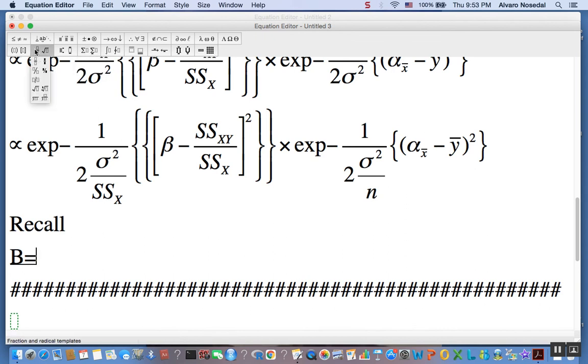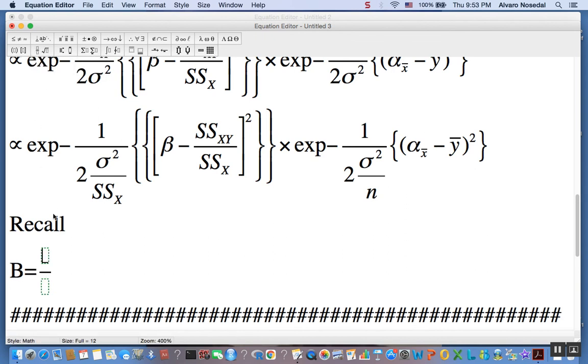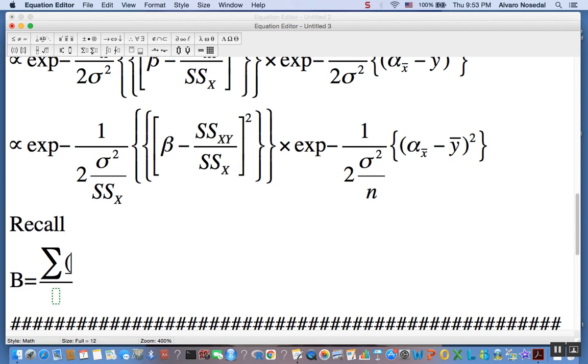The summation of xi's minus x bar times yi minus y bar